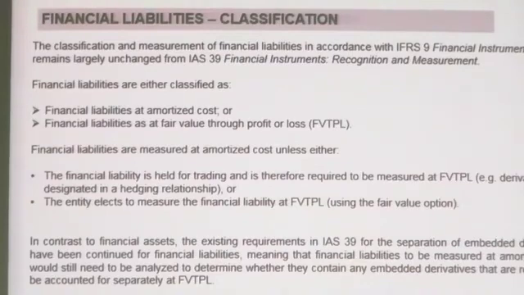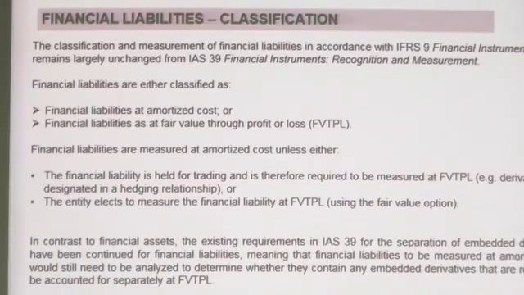Is that clear? Right. Financial liabilities are measured at amortized cost unless either, got it? Unless either of these 2 points applies, they will be measured at fair value through P&L. Is that clear? Unless either. If this does not happen, you will measure at amortized cost. If this happens, then fair value through P&L. Financial liabilities will be measured at amortized cost unless either. If 1 of these 2 points is satisfied, it will be fair value through P&L. Is that clear? Very simple.